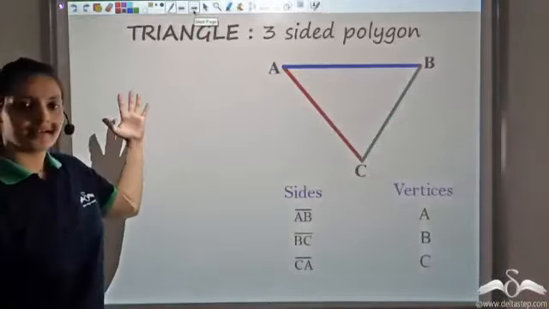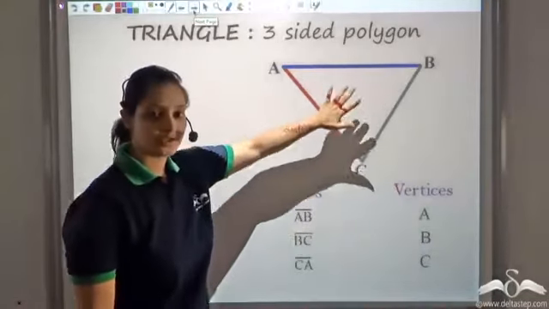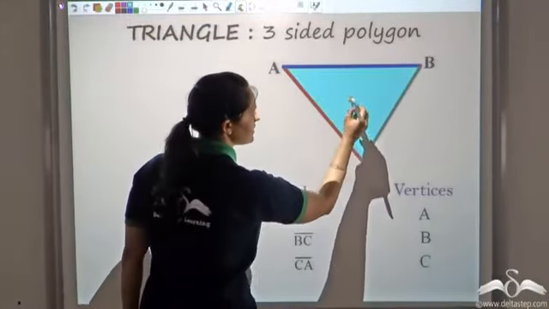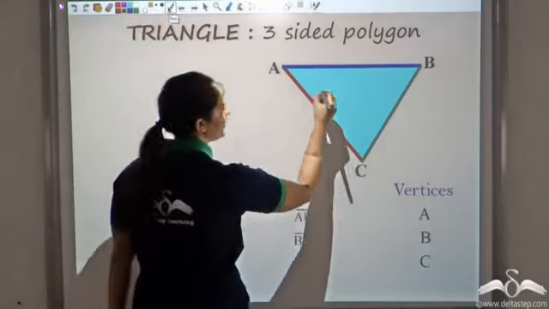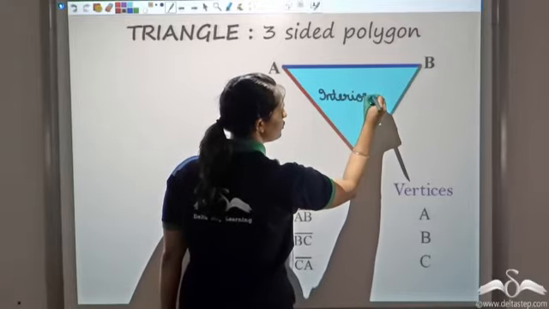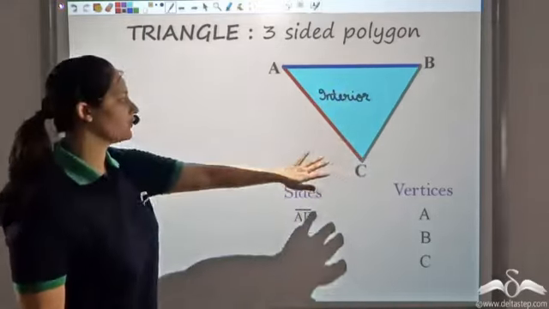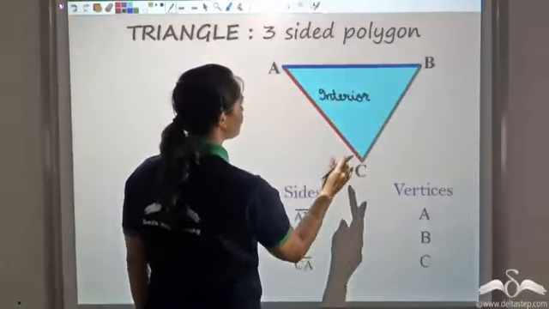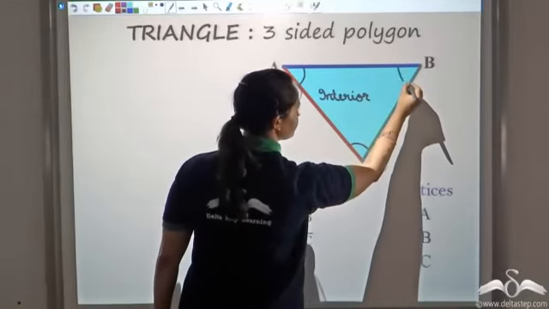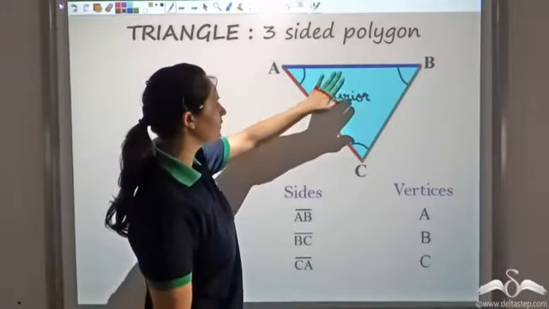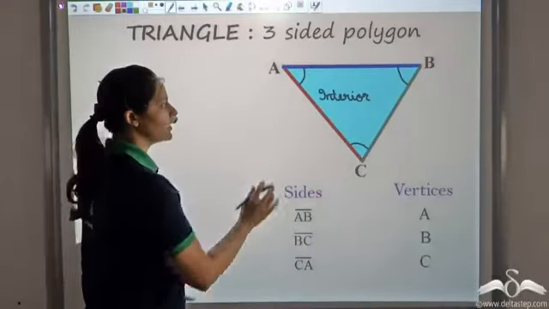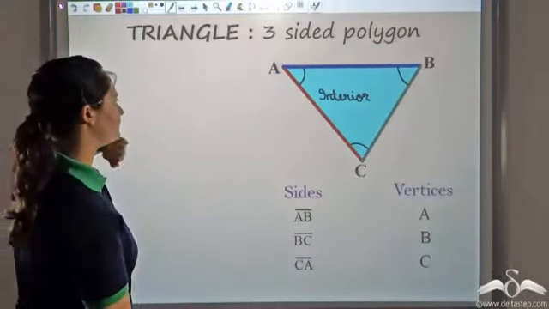So we've seen that a triangle is a 3-sided polygon. Polygon because it's a closed figure. Since it's closed, the region that is bounded inside it is called the interior of a triangle. This blue region that is inside the triangle is actually the interior of the triangle. Now with these 3 sides, I also get 3 angles. And since these angles are in the interior, they are actually interior angles, but we commonly call them just angles of a triangle.